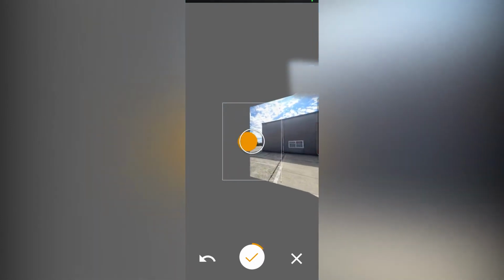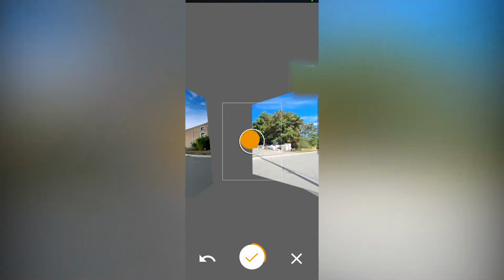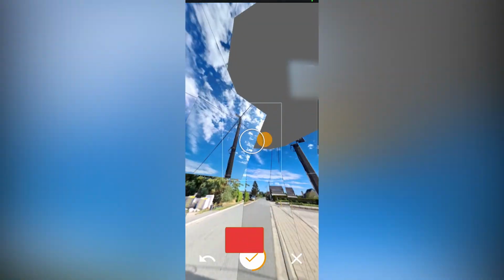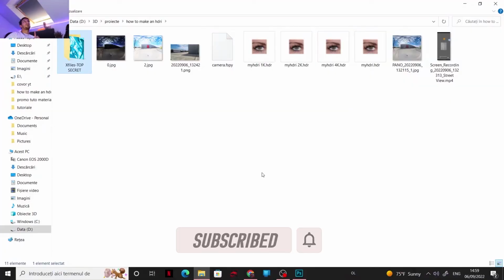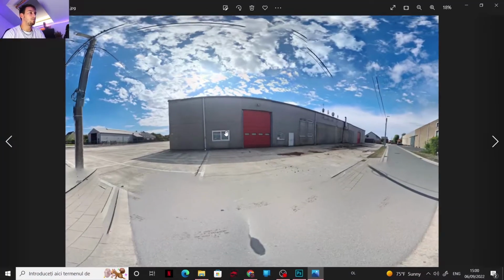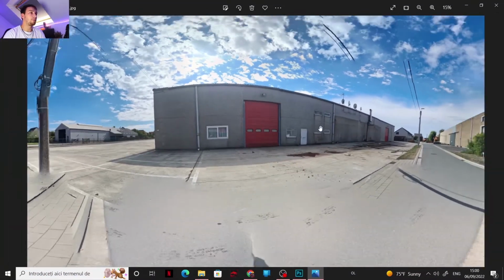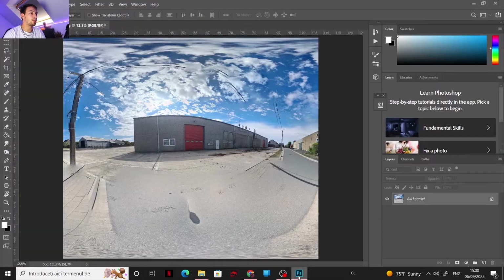The app will automatically process every image to stitch them correctly, or mostly correctly, and it will be automatically saved to your phone. Now that the 360 is finished, I already got all of the photos into my computer. I have here the 360 panorama from the Google Street View. Let's open them up in Photoshop, and what we need to do is adjusting it, because we are gonna need